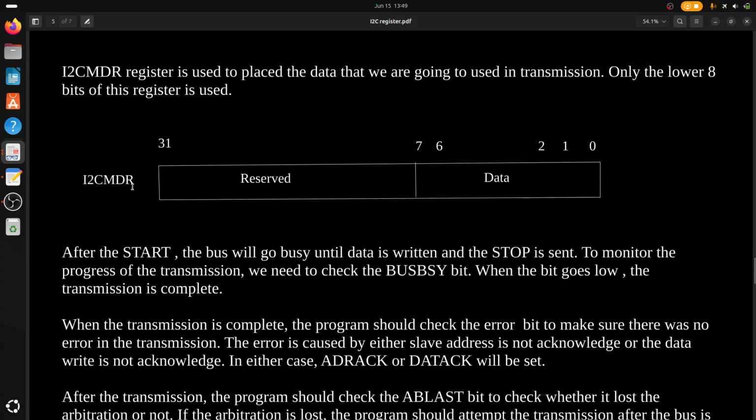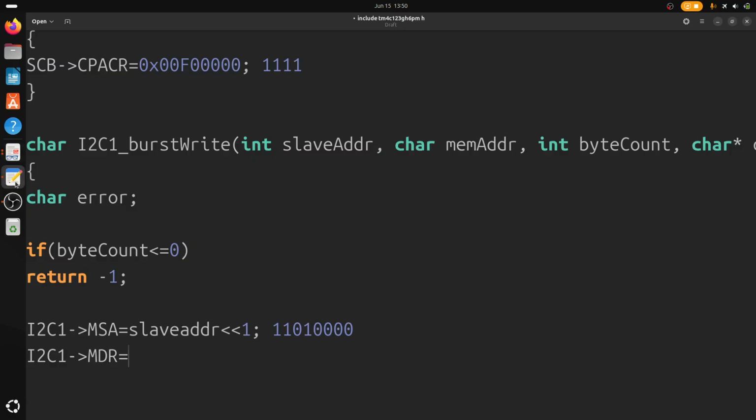So this is the I2C MTR register, and in this the data will be stored from bit 0 to 7. All this is the data that we are going to transmit on the I2C bus from the master to the slave. So on the I2C bus, we will store the memory address, and for this memory address, the first address should be 0x00,